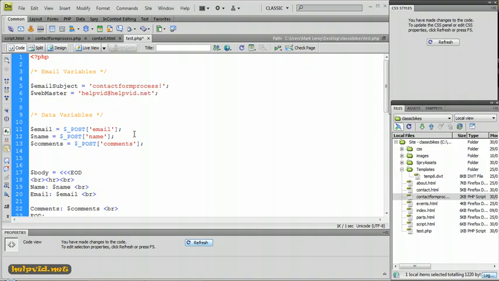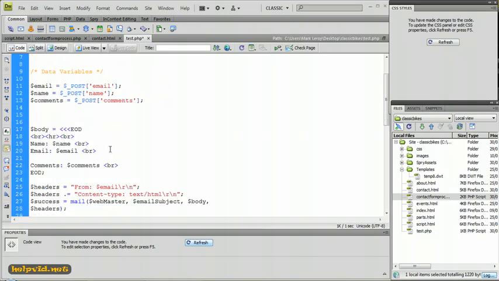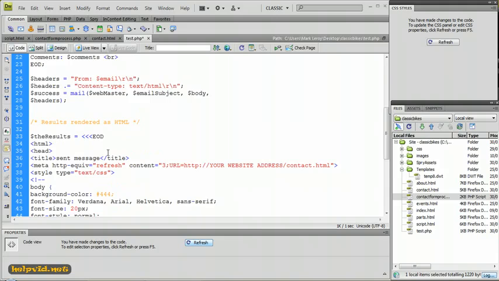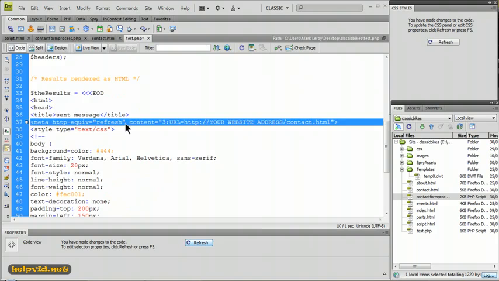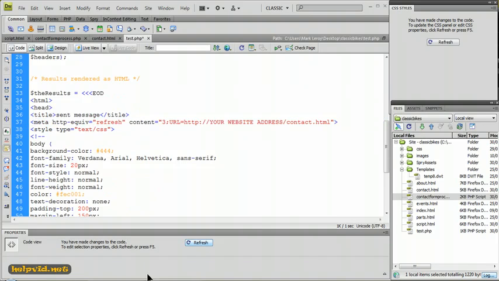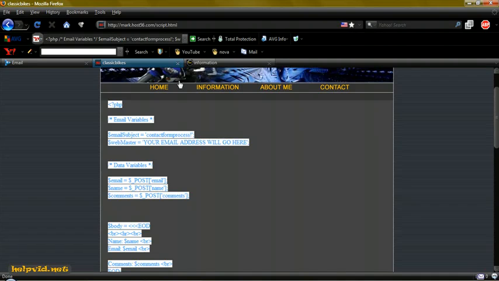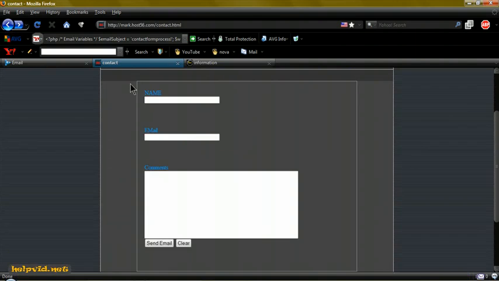Whatever that may be. So again, we'll just scroll down and we need to change this path here. And what this is doing is refreshing the page. So just to better understand, we'll go back here and we'll send an email so you can better understand. So just write Mark